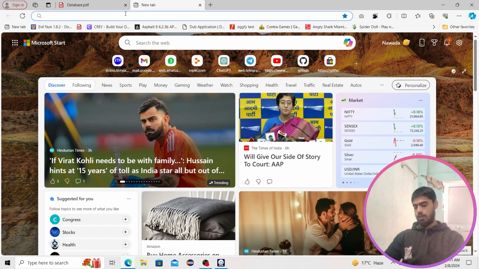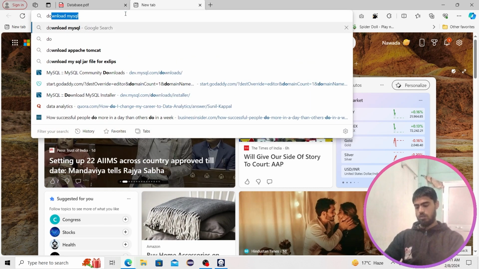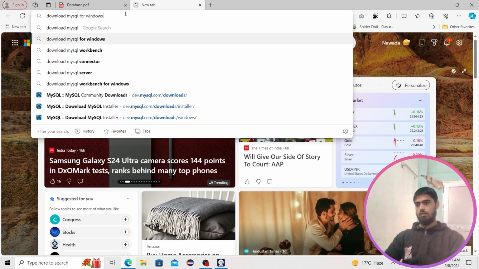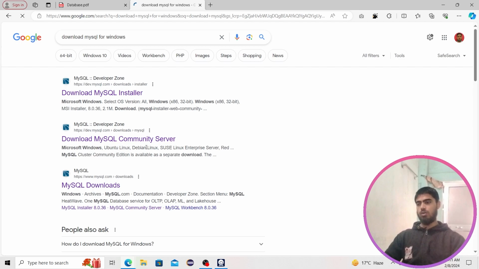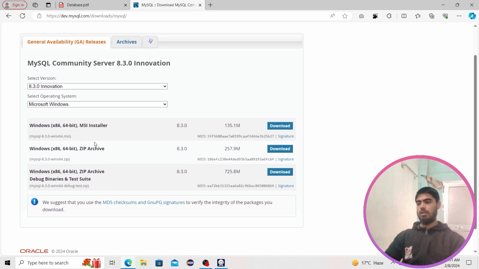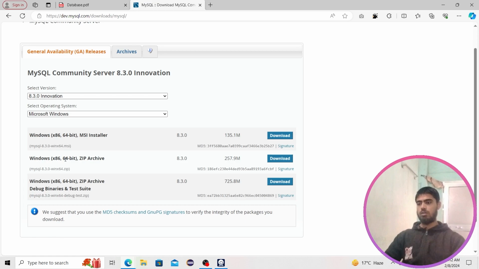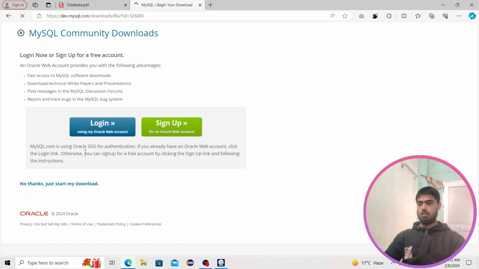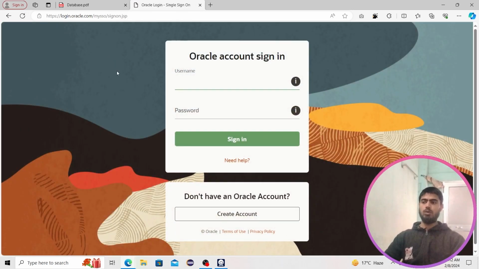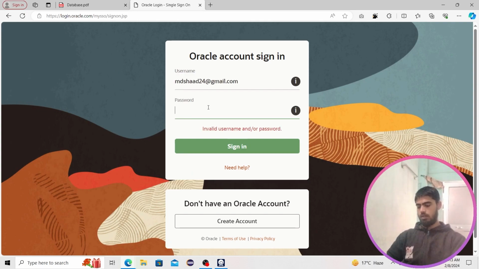Just go to your browser and type download MySQL for Windows. Go to the MySQL Community Server. And we download the latest one, which is here. So we are going with this one. It requires login. You have to create your account first in Oracle, then you are going to be able to download this. So I have an account. Let me log in, and the password is